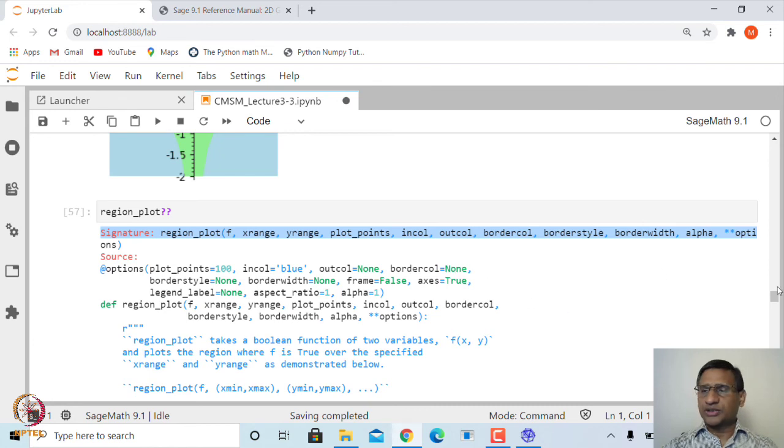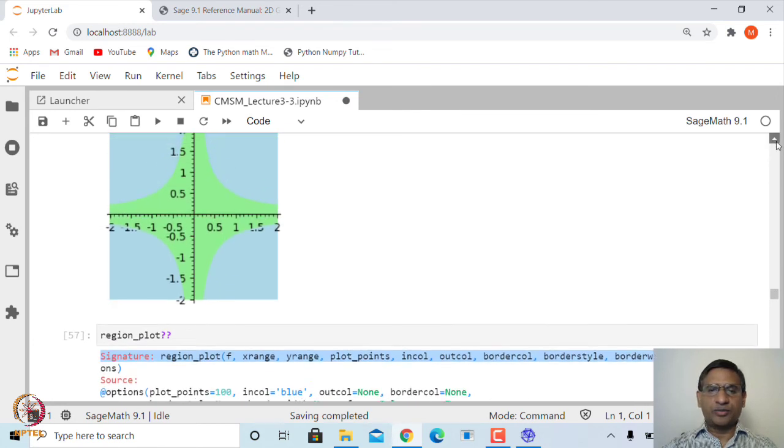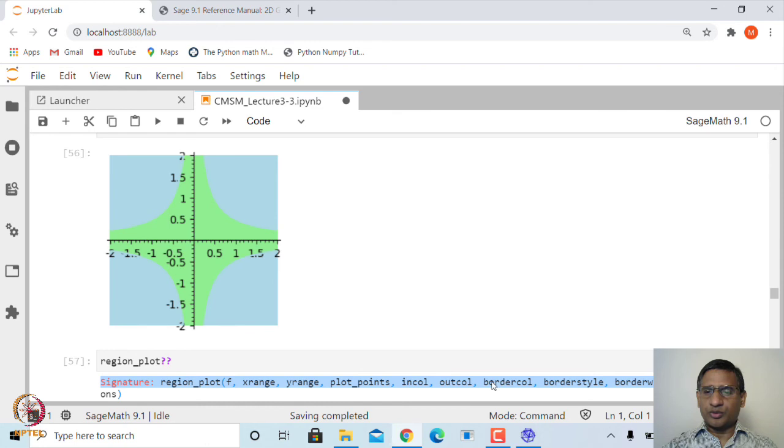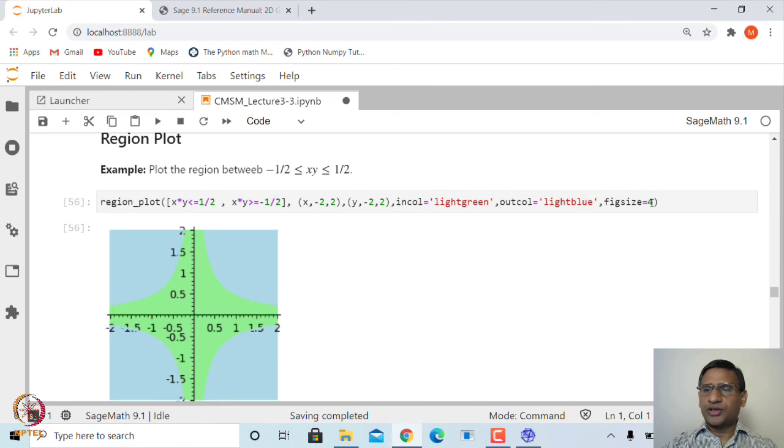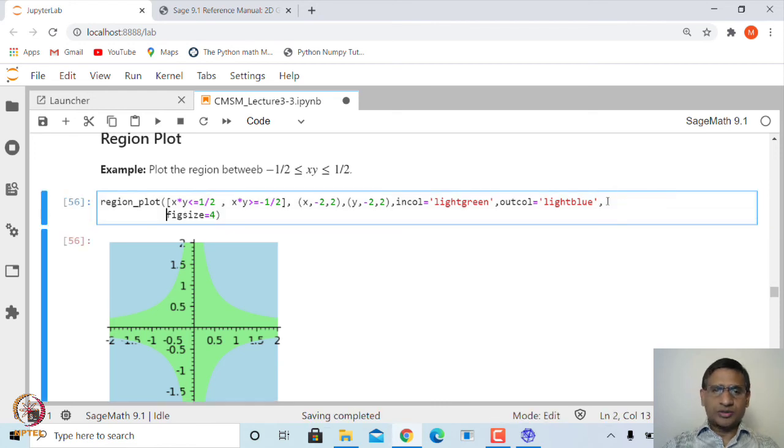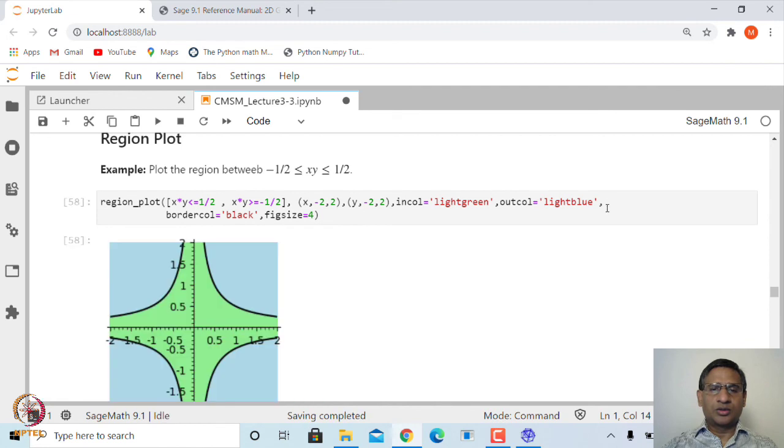So, for example, if I mention here border color is equal to, let us say, black, then you can see the border is now black, right.